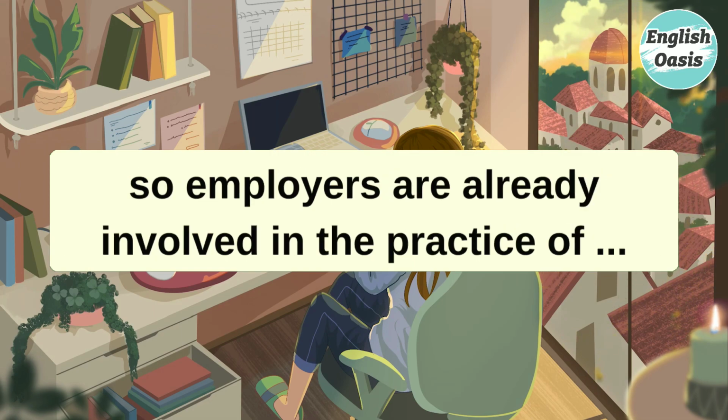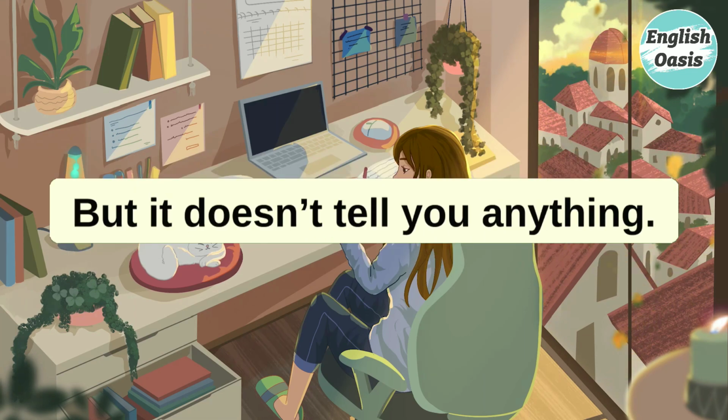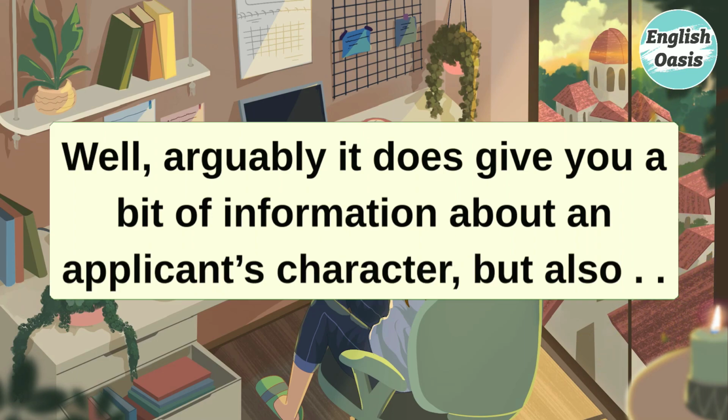So, employers are already involved in the practice of, well, doing part of the task. But it doesn't tell you anything. It doesn't tell you if they're easygoing or hate smokers or whatever. Well, arguably it does give you a bit of information about an applicant's character. But